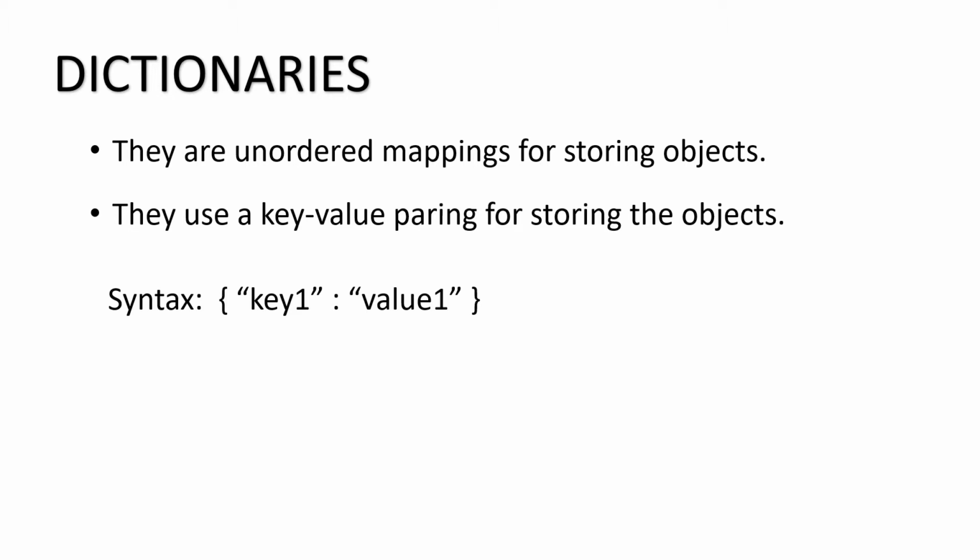And the syntax for the dictionary will be curly braces and a colon to signify the relationship between a key and its associated value. So here we have the curly braces and then we have the string, that is key1, and then a colon, and then we have the value associated with that. In this case we just have a single key value pair, and if you want to have another one, I'll have a comma and start the next key value pair.